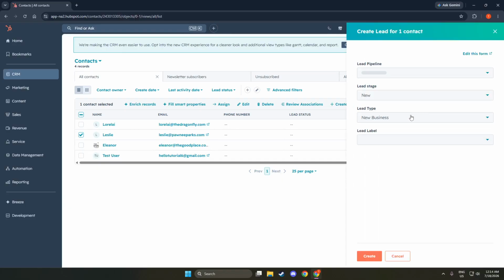Finally, click Create. This button is usually at the bottom of the lead details form. Once you click it, your new lead will be saved in the system. You should see a confirmation message indicating that the lead has been created successfully. Taking this final step is critical because it finalizes the process and ensures that all the information you entered is safely stored in HubSpot. You can then proceed to manage and follow up with your new lead efficiently.